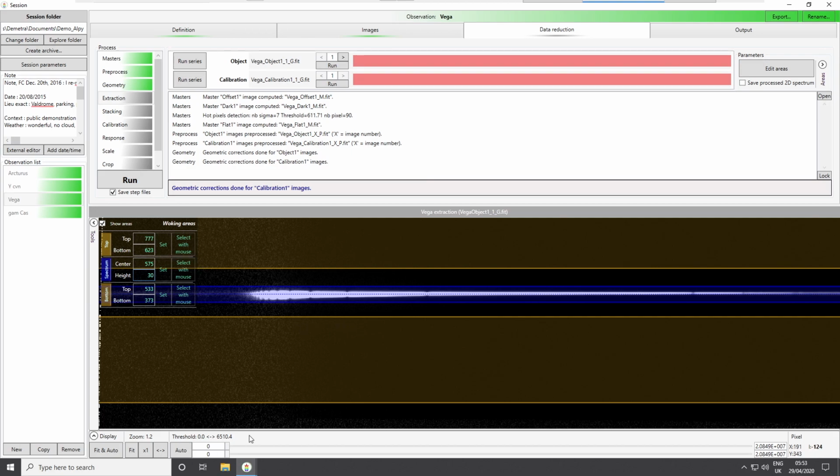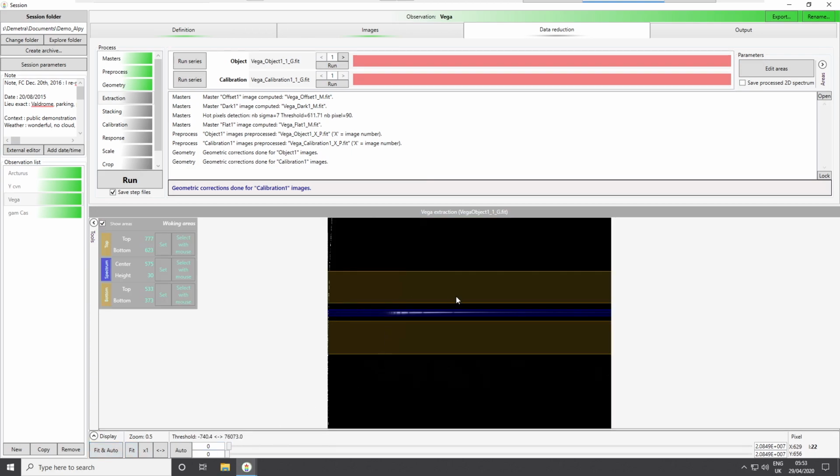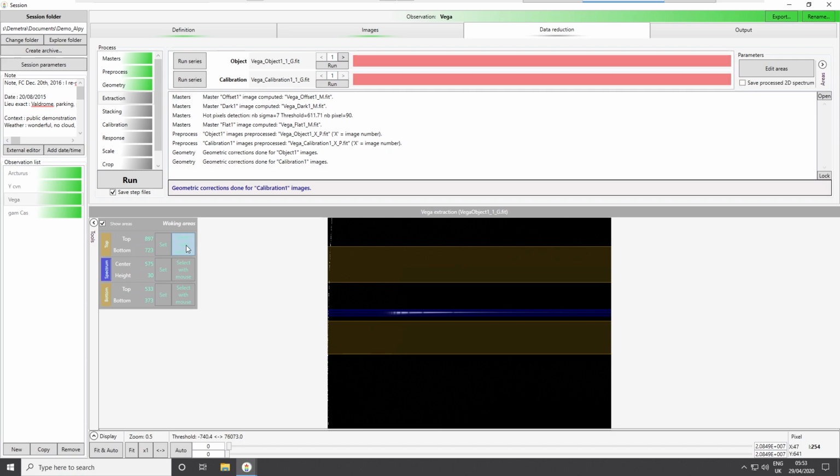Okay, and this is the same. If I extend my image, I can also change the value for this yellow band, where again the sky background will be calculated.